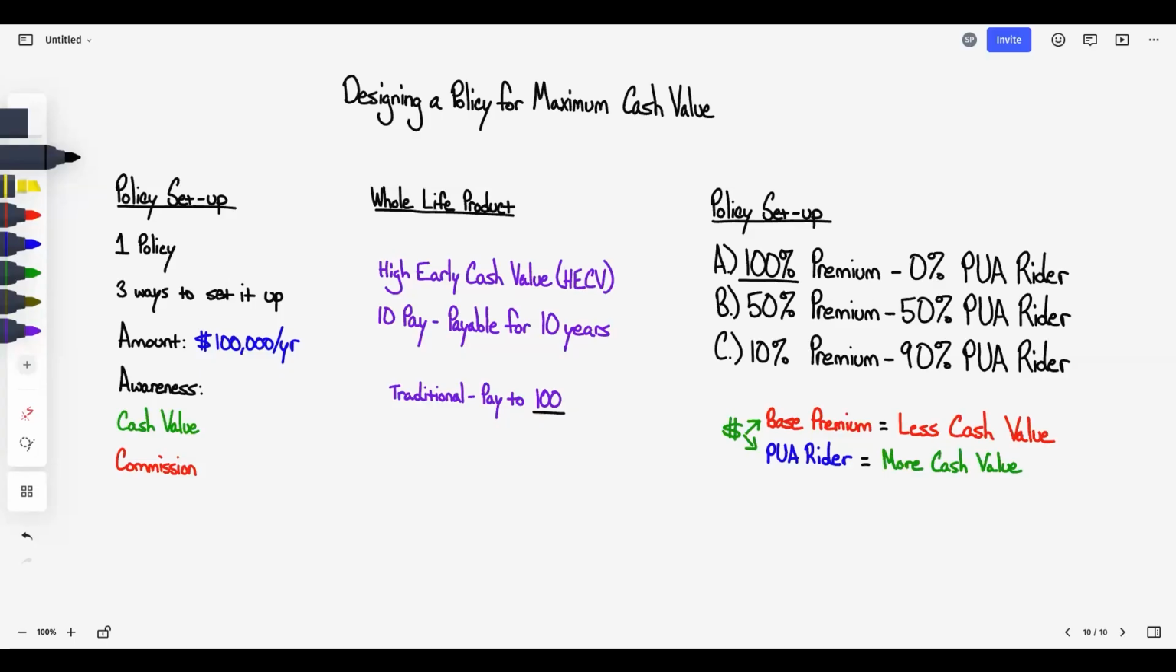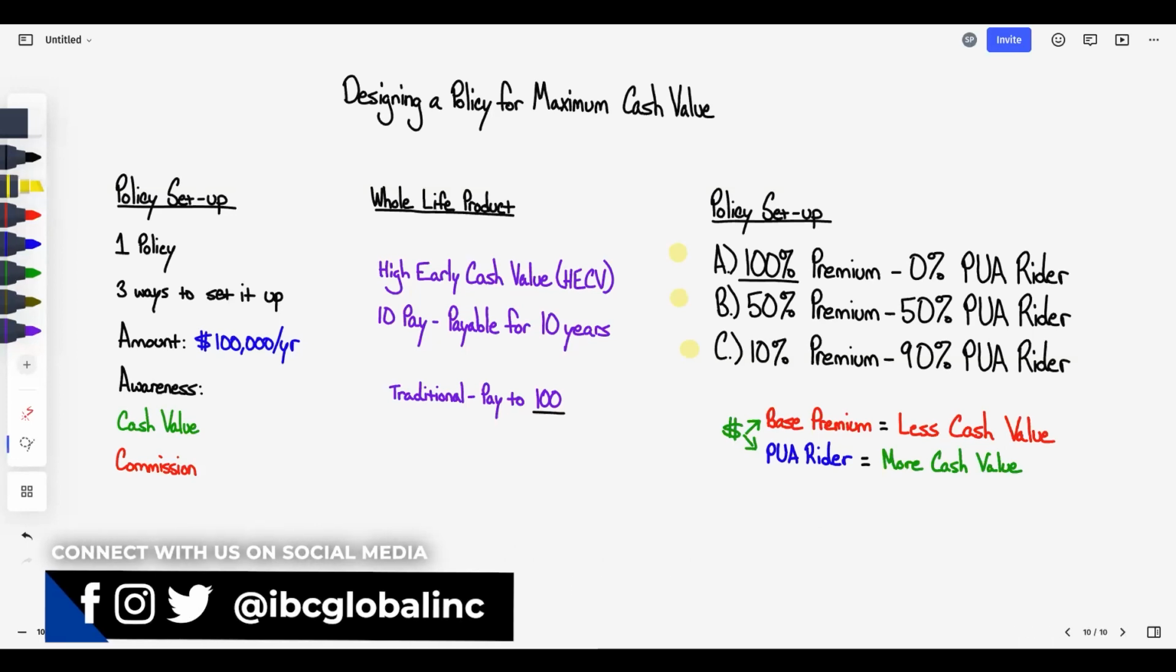So we're going to look at the different setups here, options A, B, and C. What we're going to look at is the same dollar amount for each of them. We've got $100,000 per year going in. We're going to look at funding it for a long period of time. You'll see a lot of money going into this policy in total, but what we're going to examine specifically are